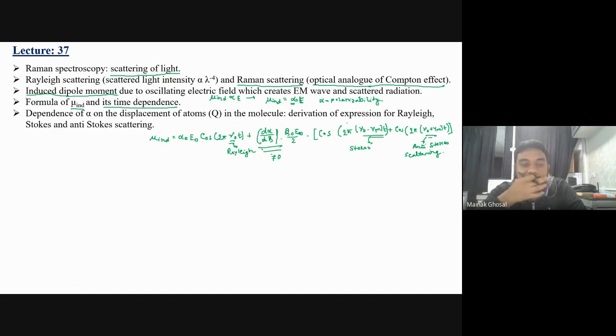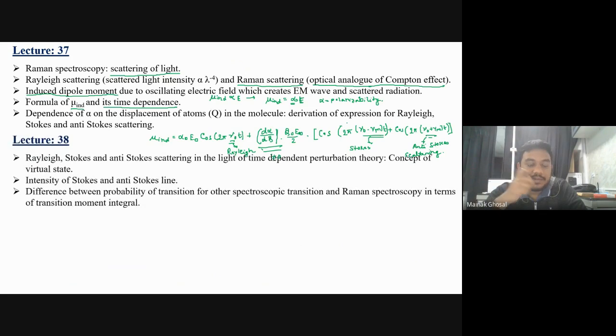Next, in lecture number 38, there was a discussion on Rayleigh, Stokes and anti-Stokes scattering in the light of time-dependent perturbation theory, and there was a concept of virtual state. This is completely different from previous discussions of IR and rotational spectroscopy, where you considered something higher in energy as an excited state. But in Raman spectroscopy, there is no such excited state. This is a very temporary virtual state, which is gone. So if I am going to draw,